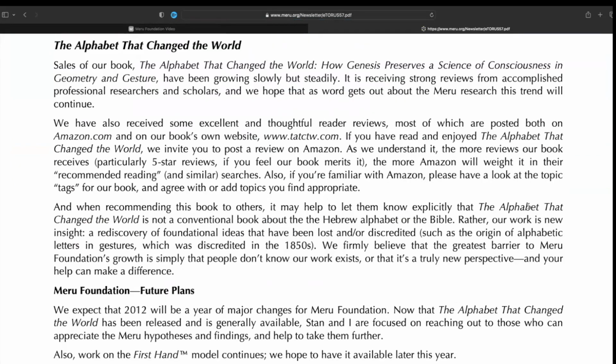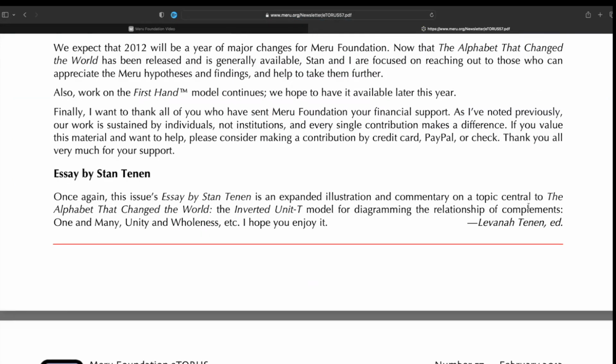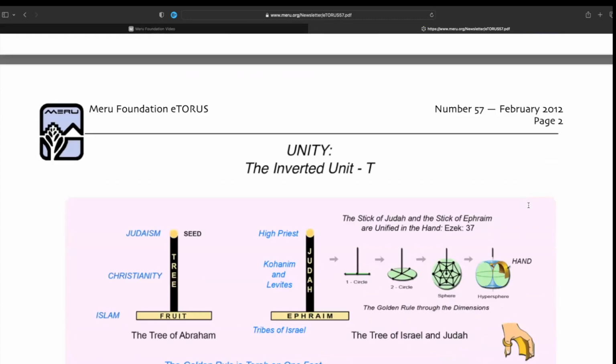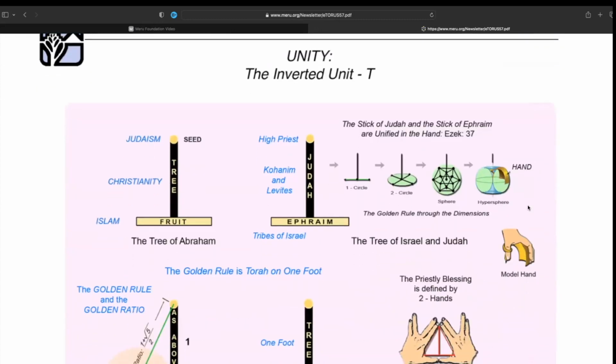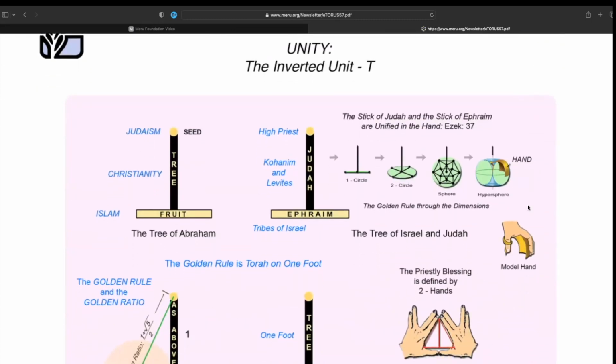It's mostly what we're going to be talking about is the inverted T. We've discussed this before several times. This gives another perspective of that. However, before we do that, I want to play a little of the video. Now, I've played this once before, and how the inverted T came about.